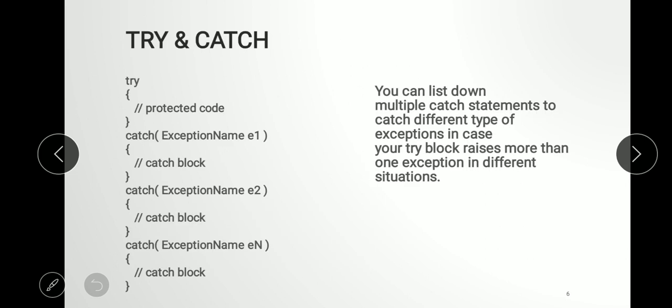This is the default syntax for the try and catch block: one try block where we write the code in which the exception may occur, and multiple catch blocks so that we can handle one or more exceptions by using the exception handling mechanism.